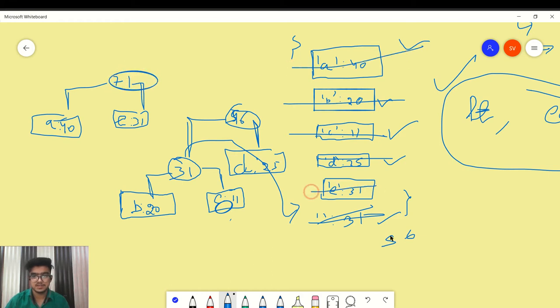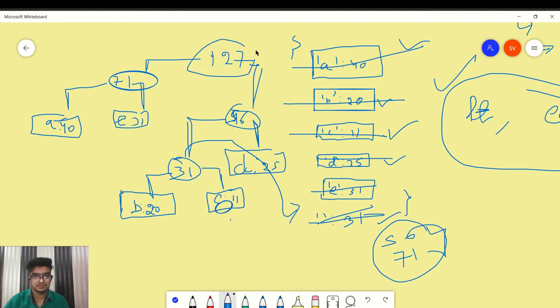Cancel this and add 71 there, and we have two nodes, which is this and this, which sum to 127, and we are again pushing 127 here.